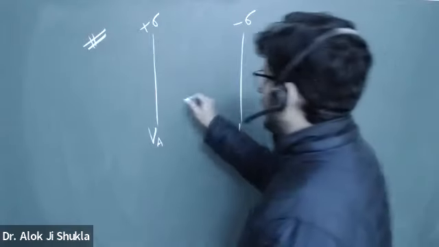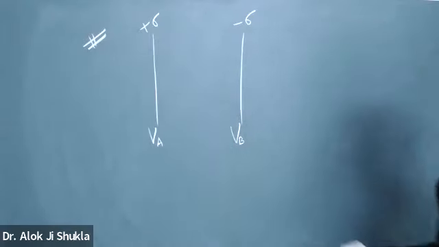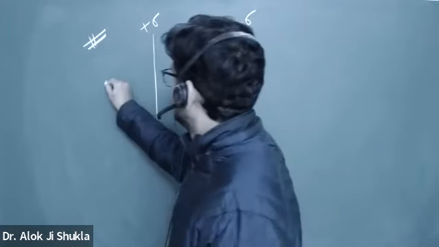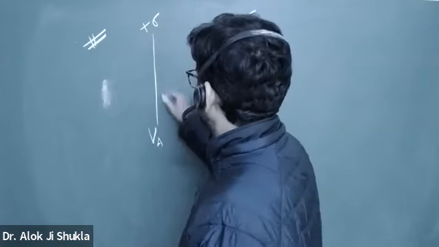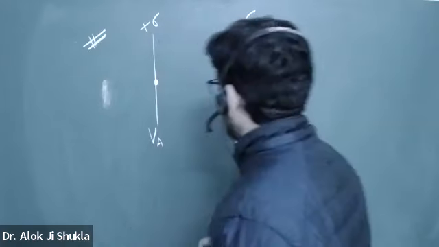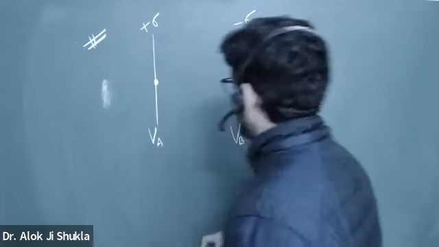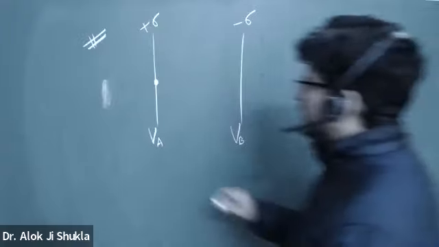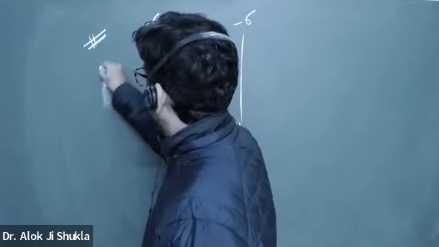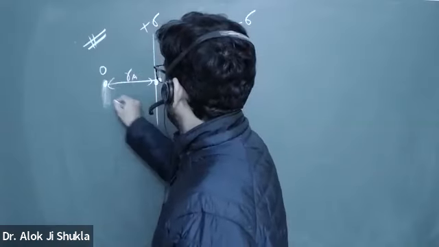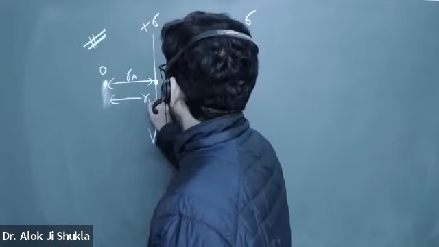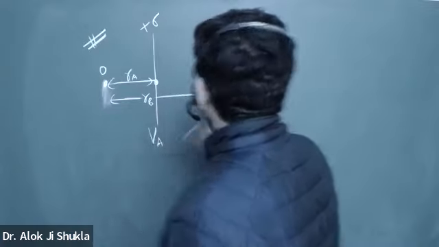Okay, and from some origin we can take origin on this also, right? Or we can take origin outside also. If I take origin here, let this distance is RA and this distance is RB. Okay,